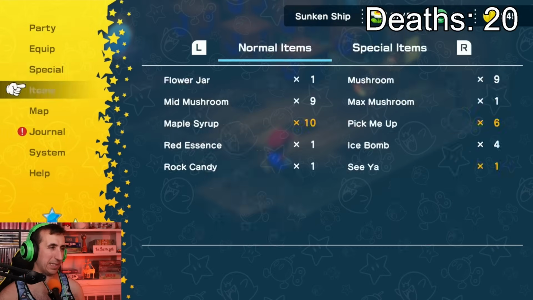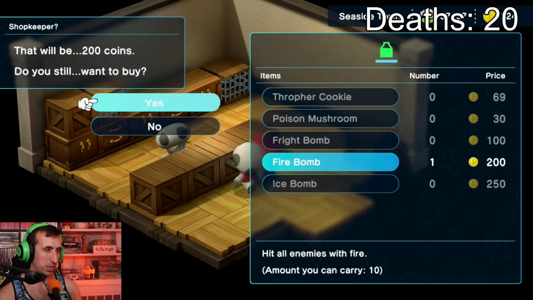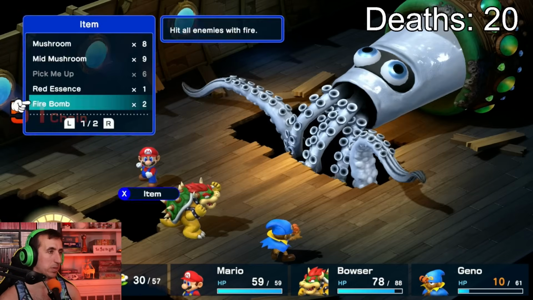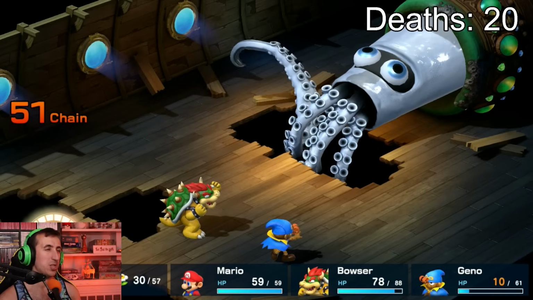Help! For the fourth attempt, I try a different tactic. I head back to Seaside Town and I buy 2 fire bombs. So we head back to Squidward, fight through his Tentacles, and I stall out my fear status before I hit the main body. I start with a firebomb, which kills the right Tentacles, and then the left one seems to